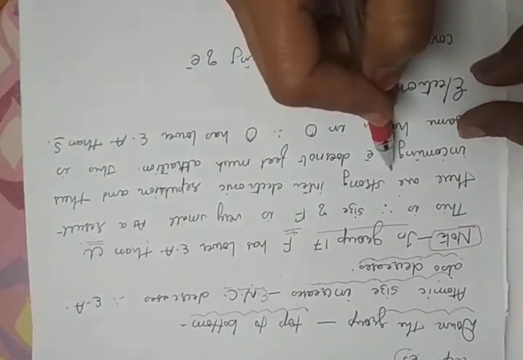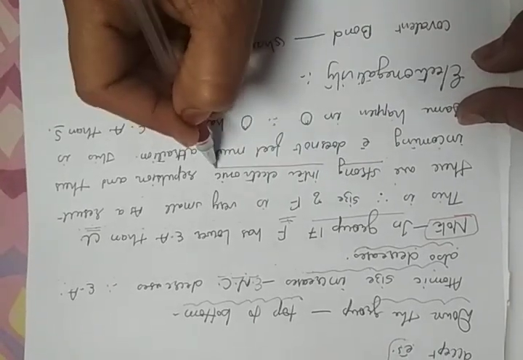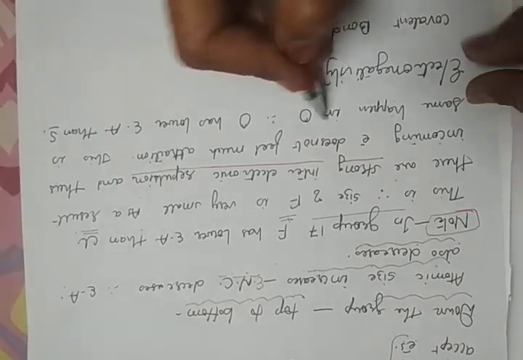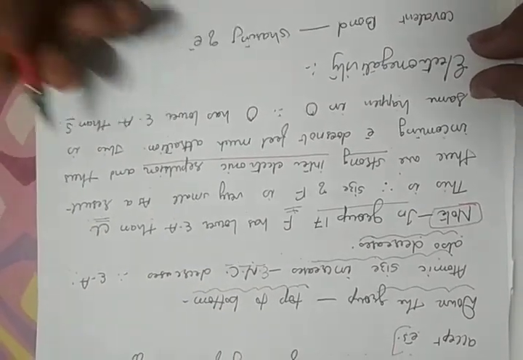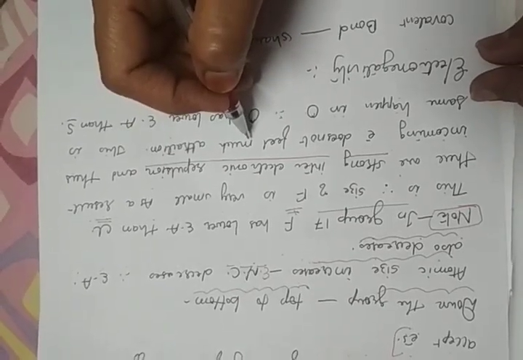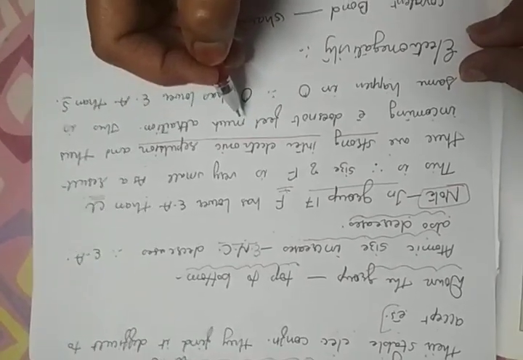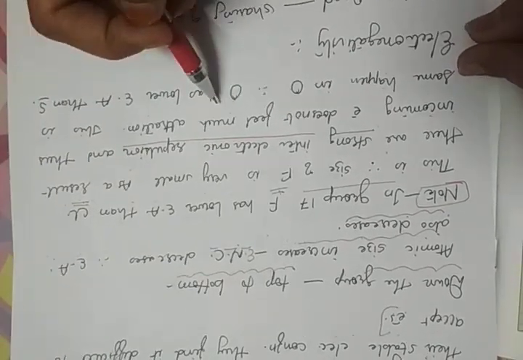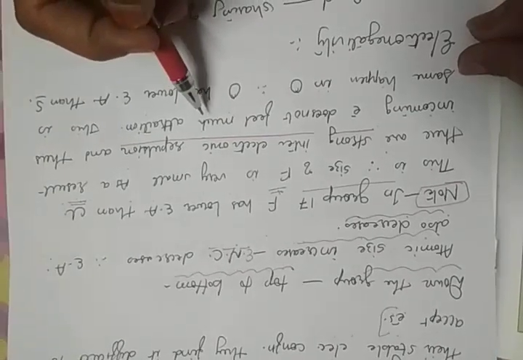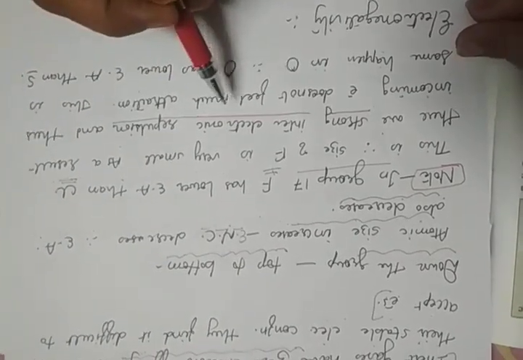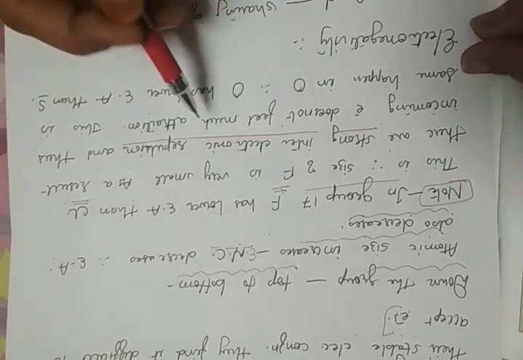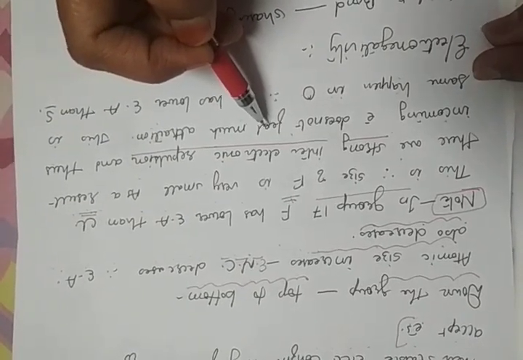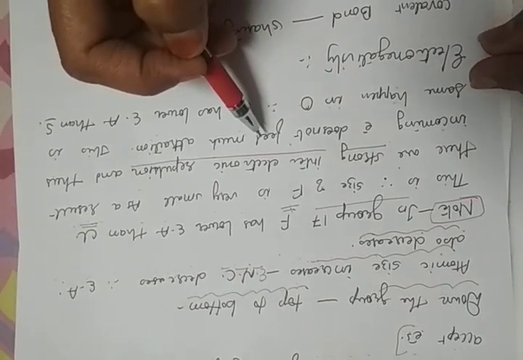As a result, strong inter-electronic repulsion takes place. Due to that, the incoming electron does not feel much attraction. So it takes a little more time to accept it. As it takes a little more time, its electron affinity is less than chlorine. In chlorine, due to its greater atomic size, the incoming electron will only feel the attraction, not the repulsion, and thus it forms the anion more readily as compared with fluorine. Thus chlorine has more electron affinity than fluorine.